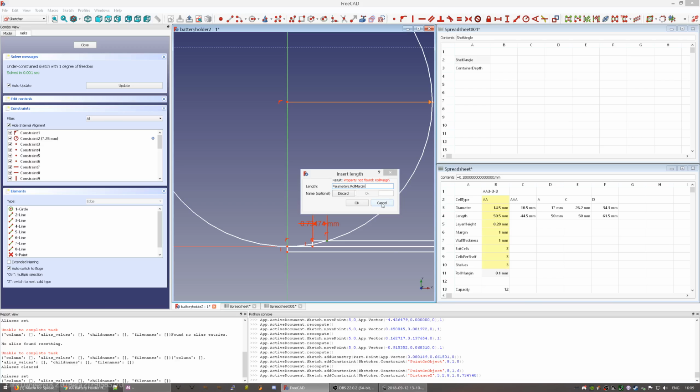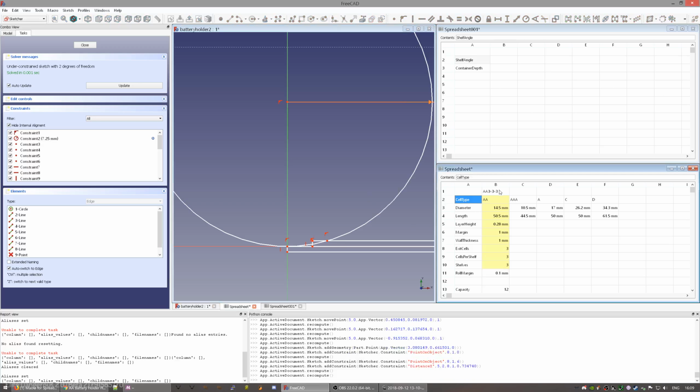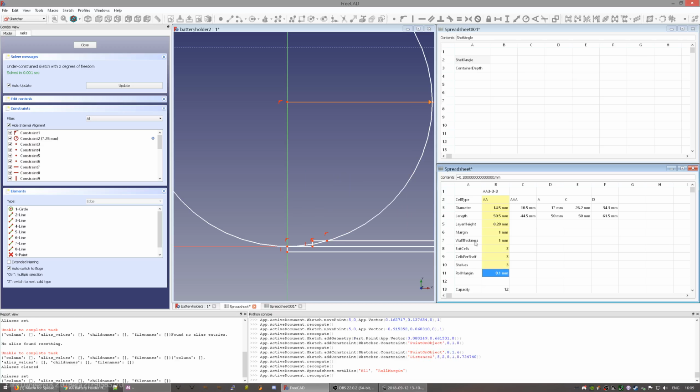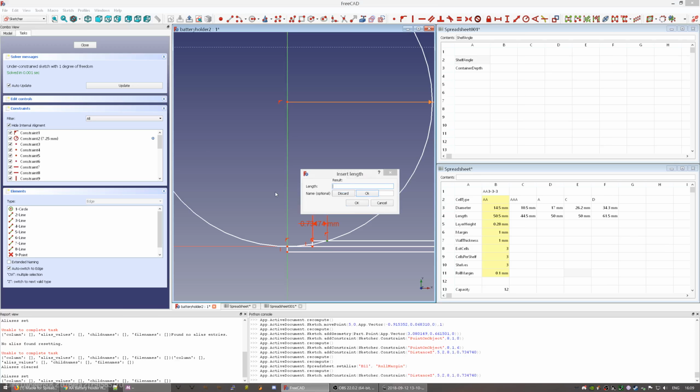I have not yet set that label. So let's set that label. I'll do it manually this time. So this is the way that you can set labels if you don't have that script. It works fine. It's just tedious to do when you have a dozen of labels to set, particularly if you have a dozen of labels to move, because you have to remove them first so you can set them somewhere else. And in the meantime, things will be invalid that are depending on them. So this was to be the roll margin,